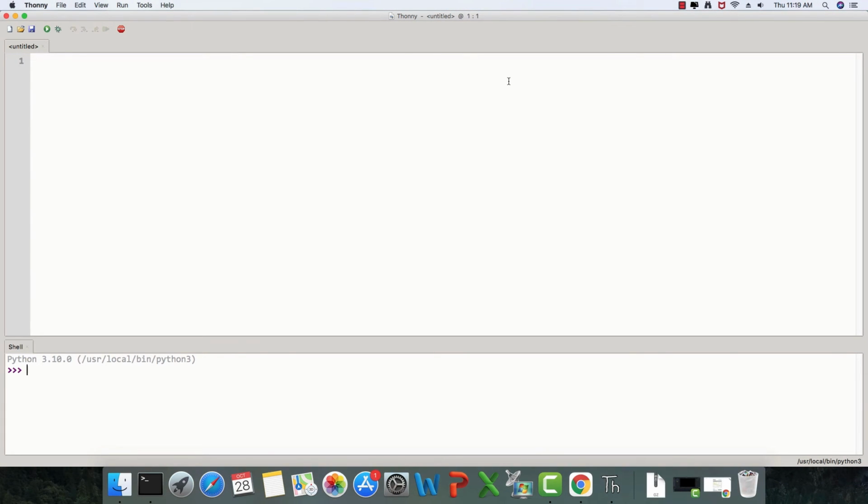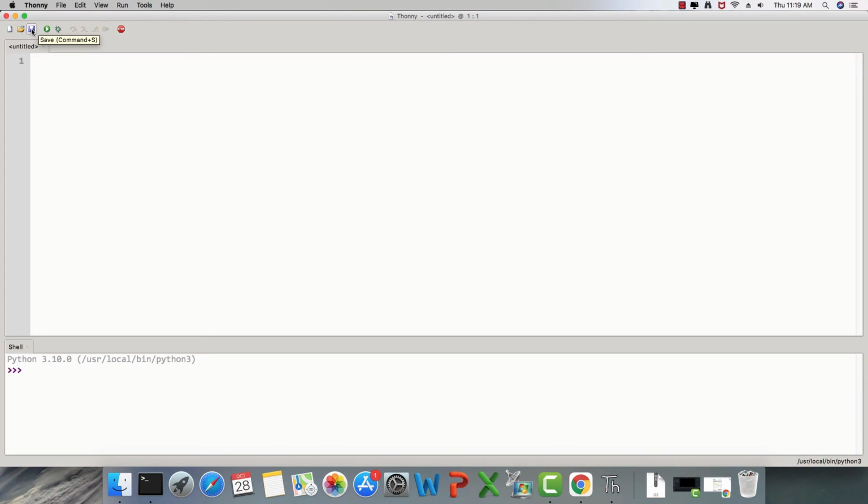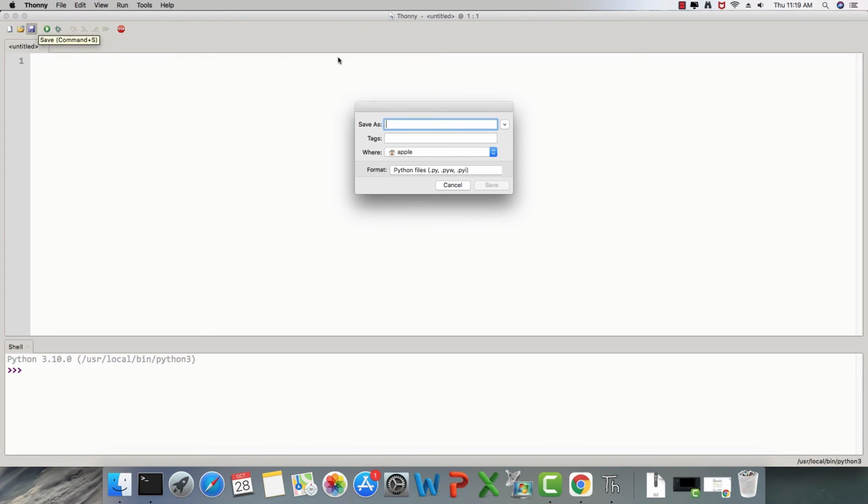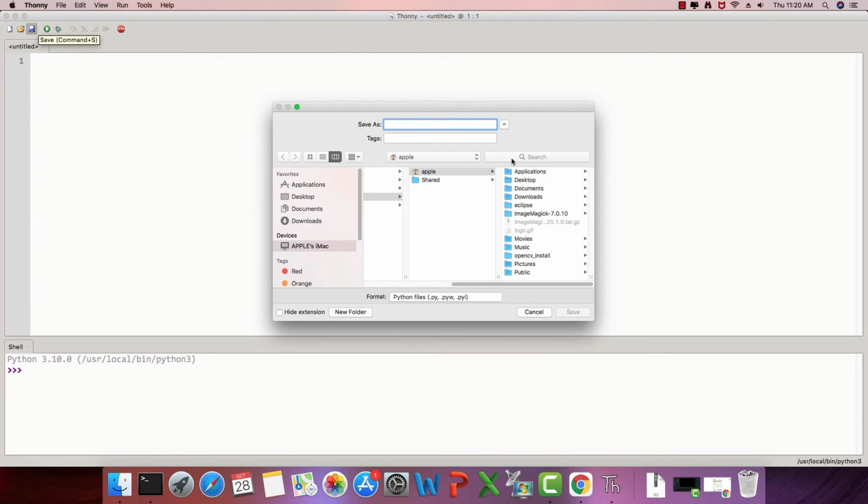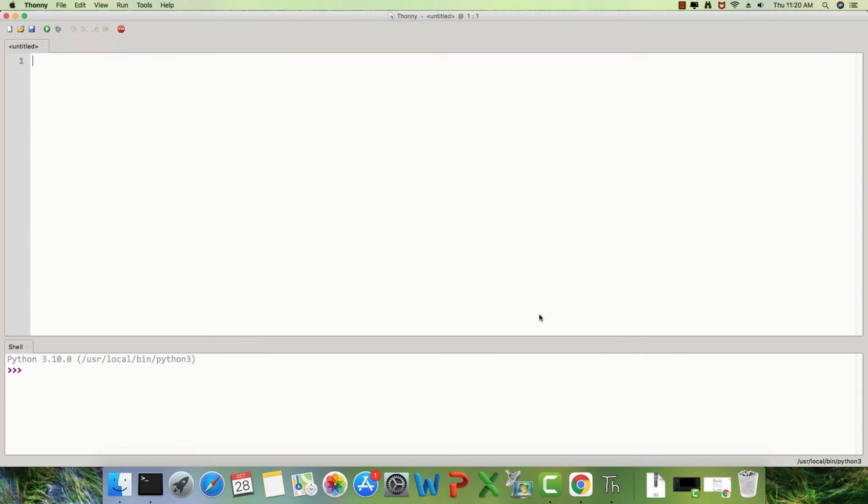Okay, so let us have a small overview of the Thonny Python editor. So here we have the command prompt and here we have the script mode. You can just go ahead and save it. It is going to open a save as window, and you can actually save your script to a location on the disk.